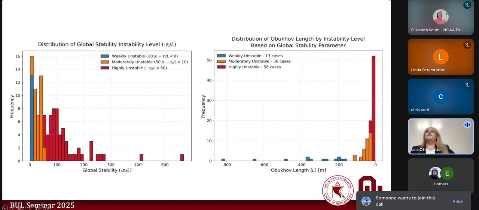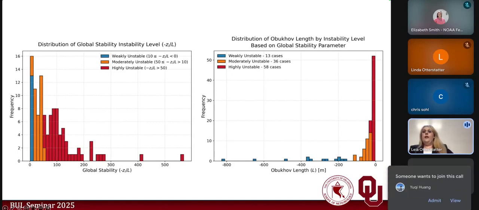Now, taking a look at this, this is pretty much the same plots that you saw. However, this is now a distribution of cases for global stability and Obukhov length with instability regimes in place. So there were hourly stability cutoffs using global stability that follow Salesky and Anderson 2018. And each regime, from highly, moderate, and weakly unstable, corresponds to systematic differences within the convective boundary layer